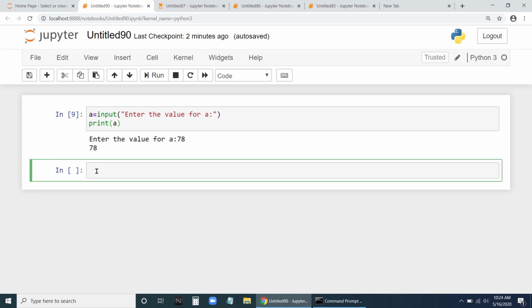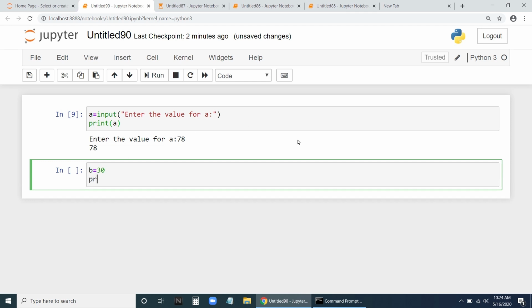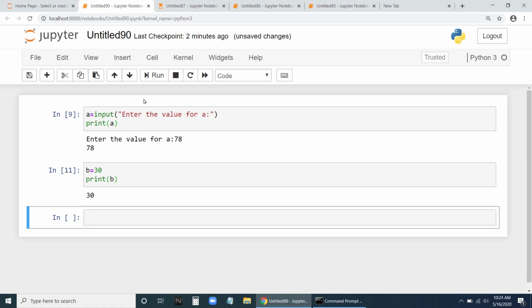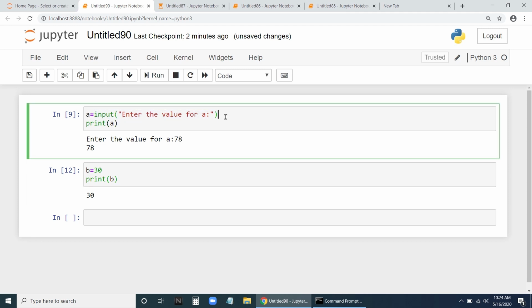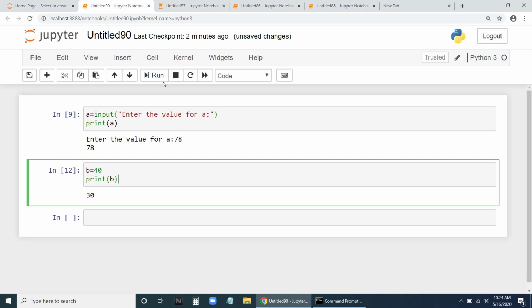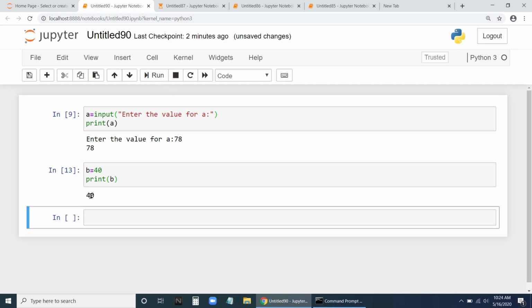Design time is this one. So b is equal to 30. Let us print b. Each time I run it, it is 30 only. Again, click the cursor here, run, 30 only. The difference between these two is that at runtime we can ask the value each time we run. Here it's not like that. The value of b is 30, fixed, so it's not going to ask. We can change it here in the code and run, but there is a difference. If I change it and run this one, it will now be 40.